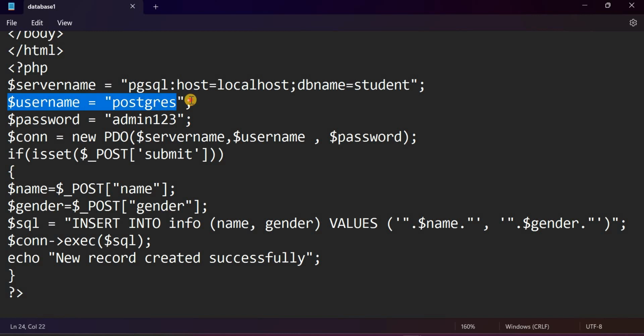The second variable is username. Username is equals to postgres. Now these values are basically going to depend on what values you have for your PostgreSQL. Next variable we have is $password. This is the password of your Postgres. So you have to specify the username and password that is in your own machine. Next, we use another variable